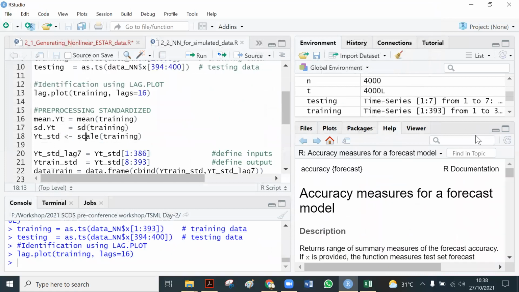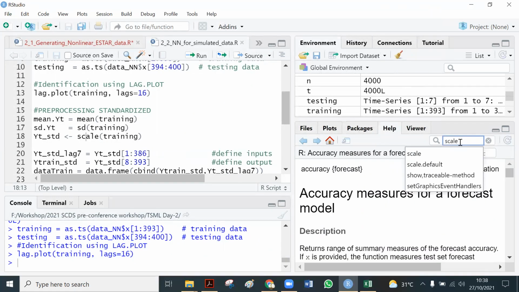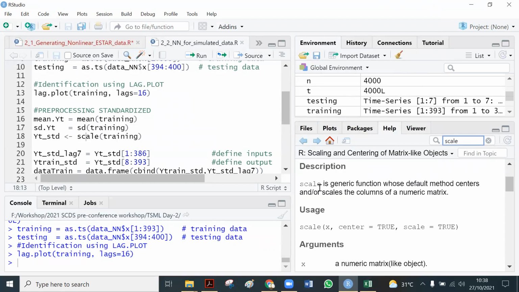Just go to the Help menu, type scale and click. Yeah, there is help there. Scale is a generic function whose default method centers and or scales the columns of a numeric matrix.